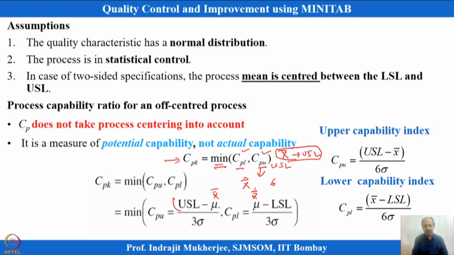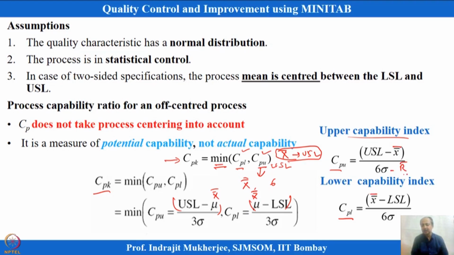So, the minimum of these two values that you see will give you the CPK index over here. I want to penalize it if it is moving away from the target. That is the objective over here, and the upper capability index is calculated as CPU. MINITAB automatically calculates this for you, because the average is known to us, and in that case we can calculate sigma